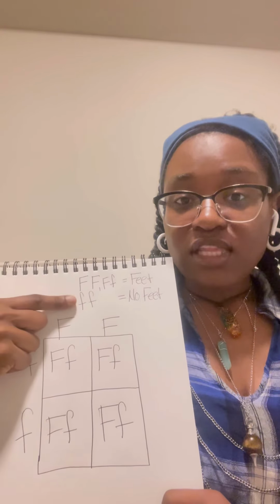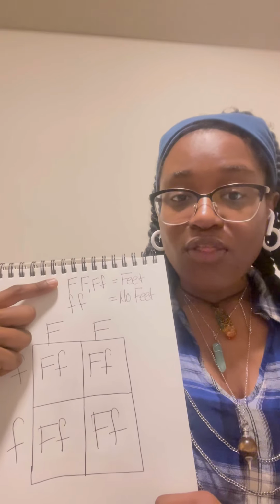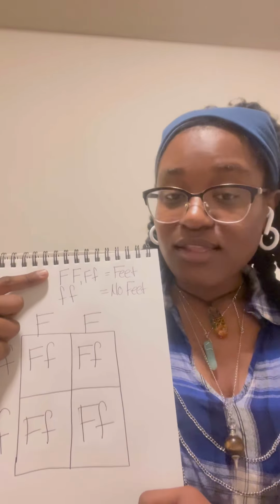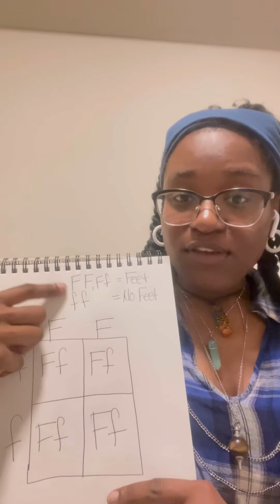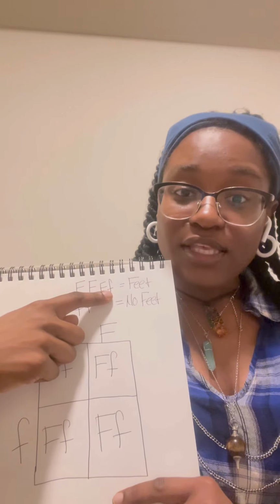If both alleles are the same, whether it be recessive or dominant, we call that homozygous, the same. If they are different, meaning one allele is capital or dominant and the other allele is lowercase or recessive,